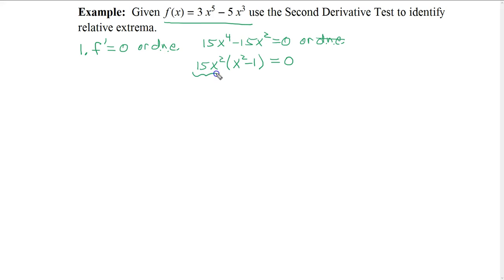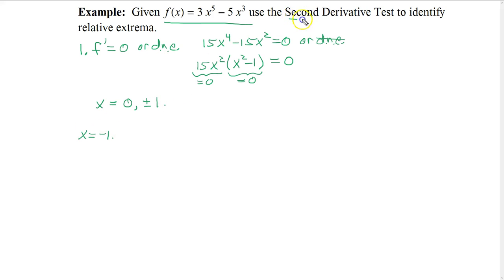and setting each individual term equal to 0, we obviously get x equals 0 for this one and x equals plus and minus 1. So that's where we have potential relative extrema. So x equals 0 and plus and minus 1. Now we have to test these to determine which are relative max and which are relative min. So if we start out with -1,